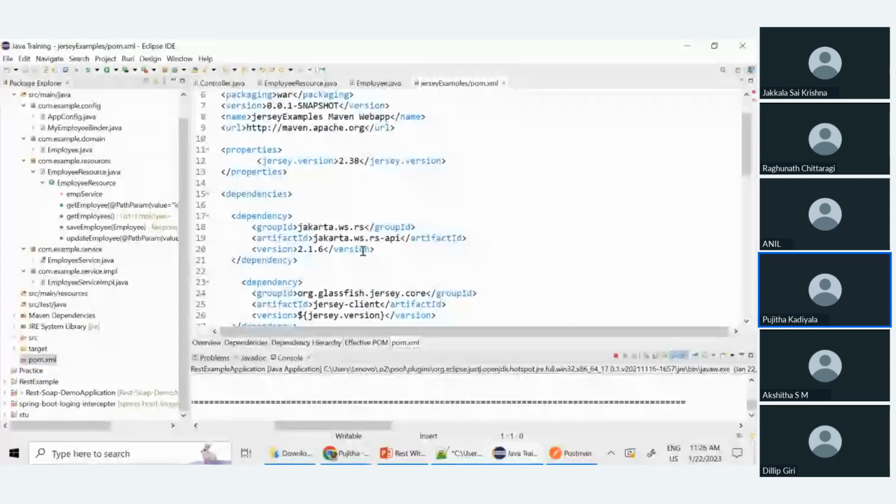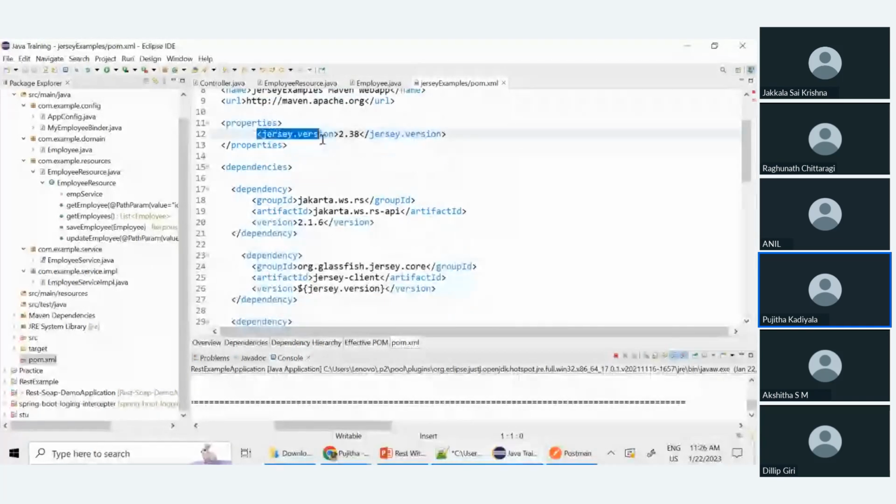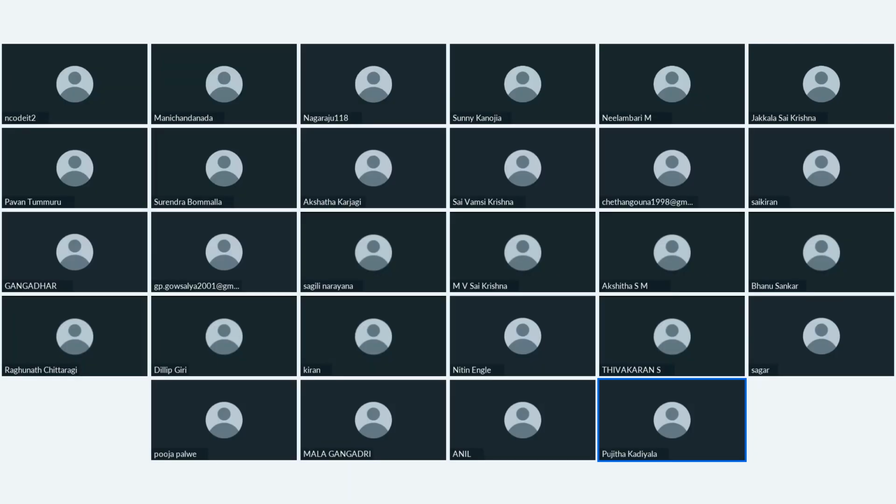These dependencies will tell you what version we are using. It is the latest version, that is 2.38. And this properties tag will tell you that this pom.xml